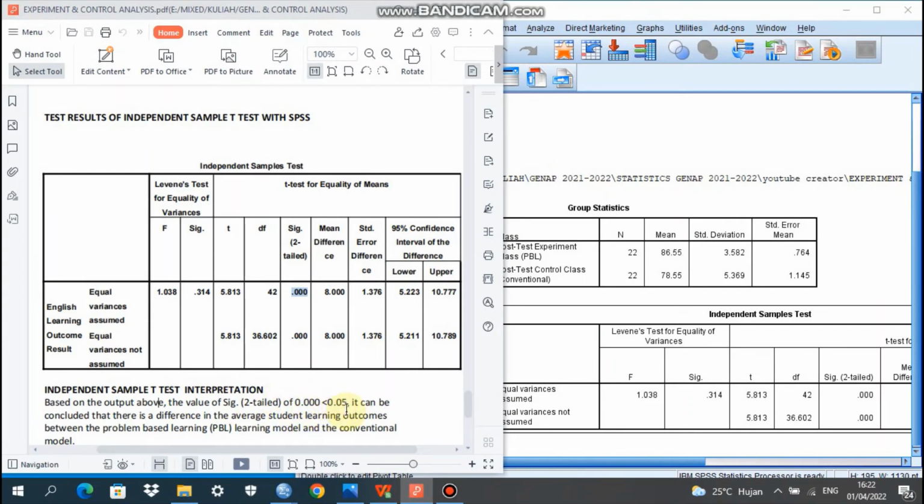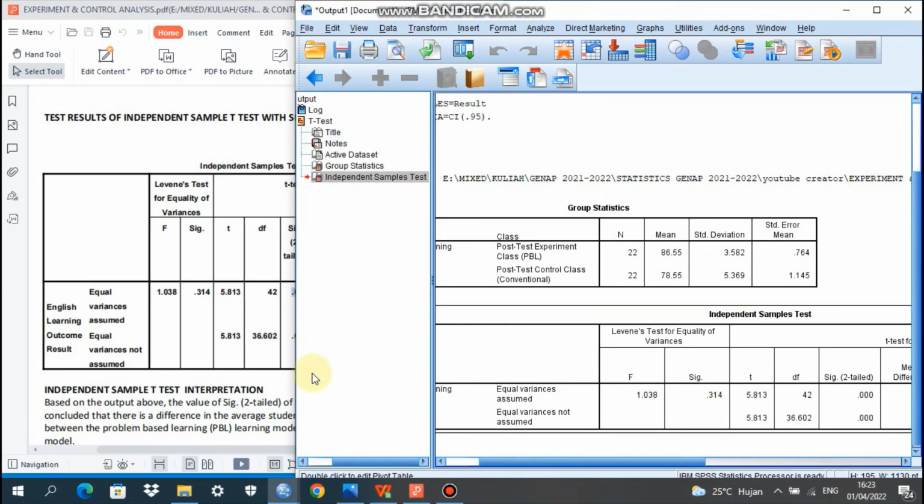So it means that 0.000 is less than 0.05. So it can be interpreted that there is a difference in the average student learning outcomes between the problem-based learning, the implementation of the PBL learning model, and the conventional model.